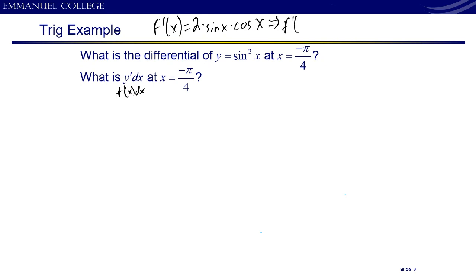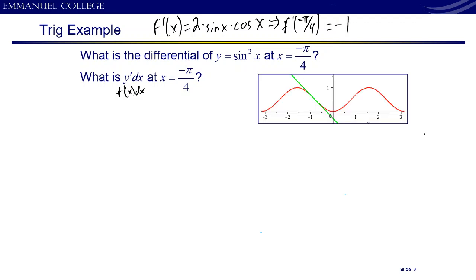So at, let me be stupid for 3 seconds, at f prime of negative pi over 4, you get, what was it we said, negative 1. So dy is equal to negative 1 times dx,